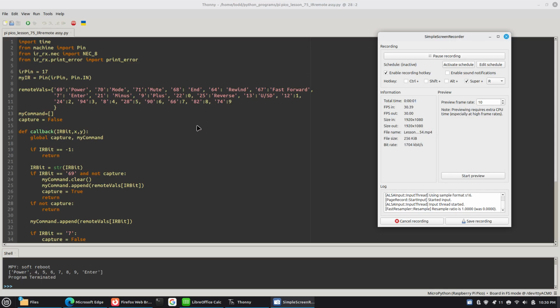So this is my code for lesson 75's assignment, collecting commands from an infrared remote. I import the necessary libraries, set up the infrared pin in the MyIR object. Here's the dictionary that has all of the